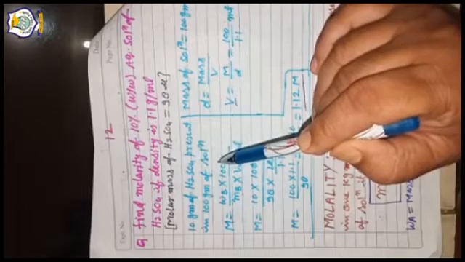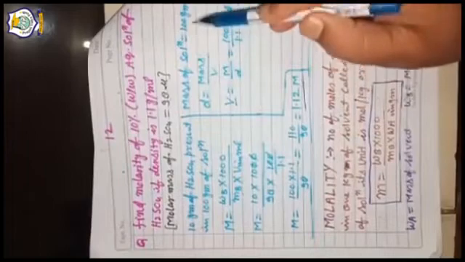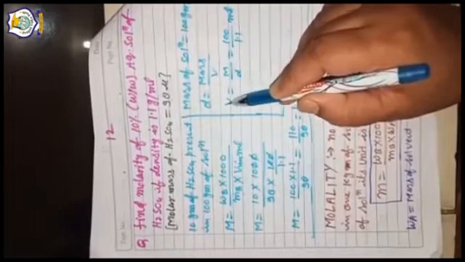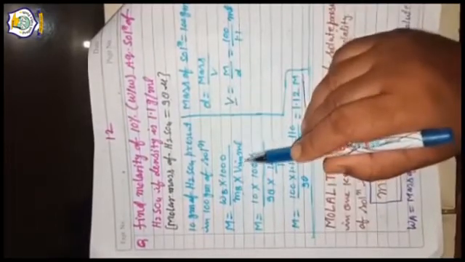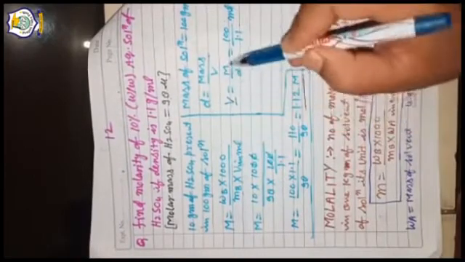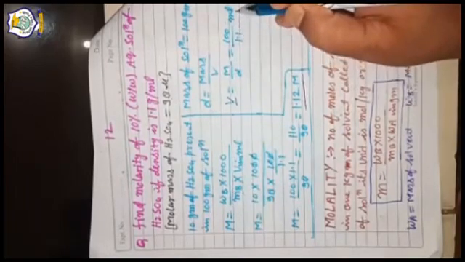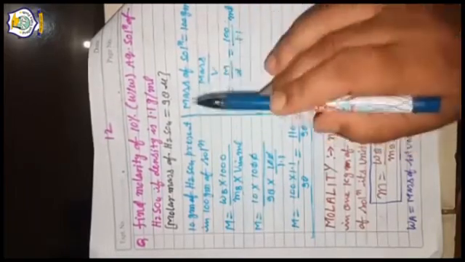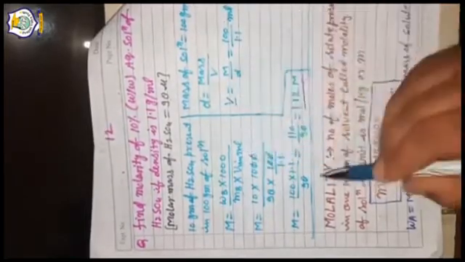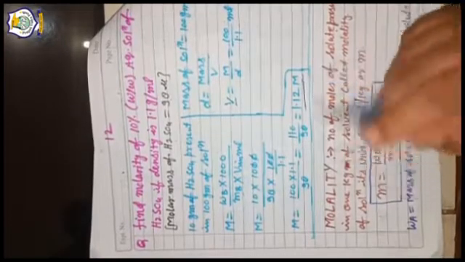10 gram of H2SO4 is present in 100 gram of solution. That is, the mass of solution is 100 gram. Find the volume for molarity, because in terms of molarity, volume is used. So density equals mass upon volume, volume equals mass upon density. 100 upon 1.1 ml of volume is present in this solution. This value of volume is put in this formula, and we get 1.12 M or mole per liter.